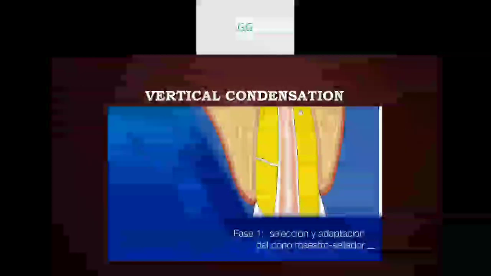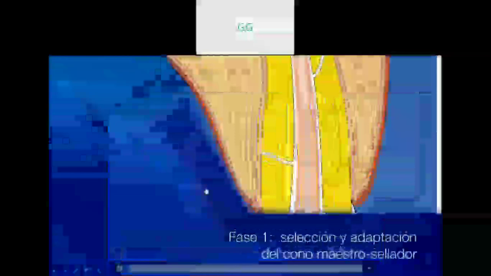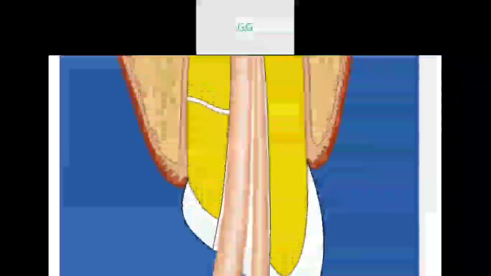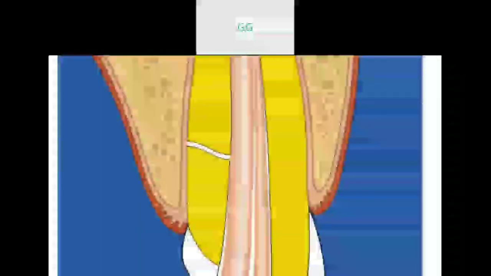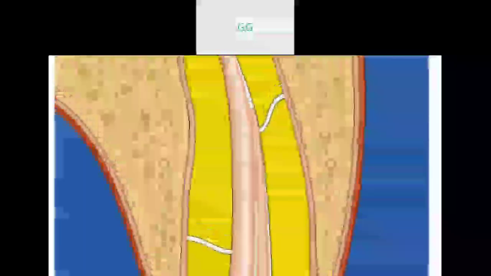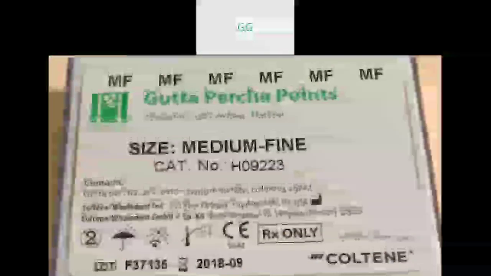Now, starting with the obturation technique, the core of it, I would like to share this video. Now, first is the selection of the master cone that we see. Dr. Schilder has advocated the selection of the master cone based on the apical gauging technique, in which slightly gradual taper gutta percha cones are placed within the root canal, and they are checked using the apical gauging technique, in which the fit of the cone is assessed using the tug back.